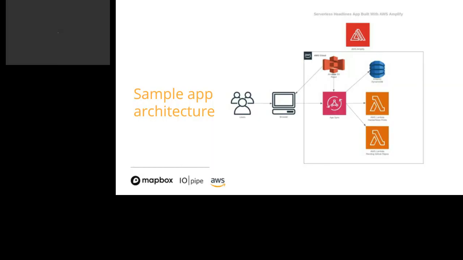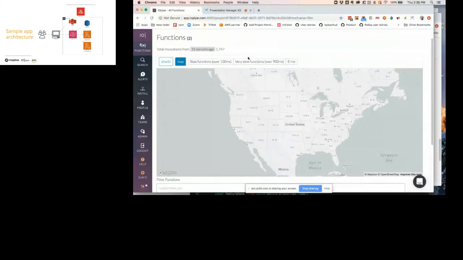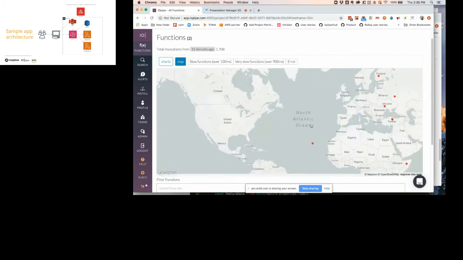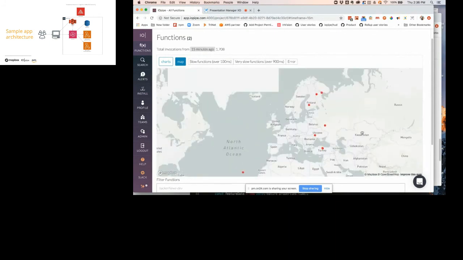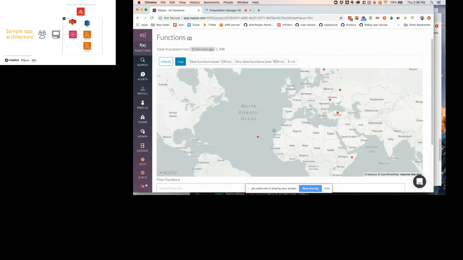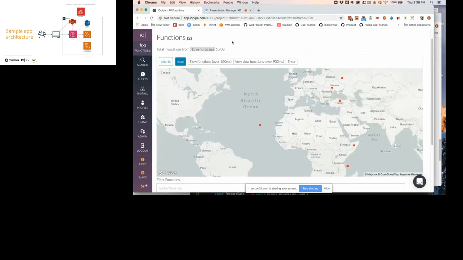Okay, cool. So obviously there are two major players here, and I feel like I keep talking about Mapbox and Mapbox talking about IOPipe. So here's our map. We are randomly generating these, so we don't actually have someone in the middle of the ocean, unless that's a mysterious tower there. But these are invocations coming through from the functions.